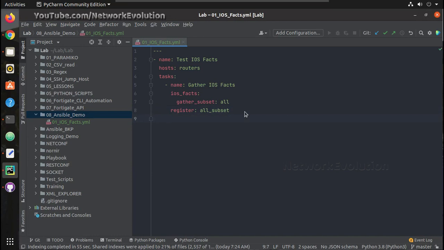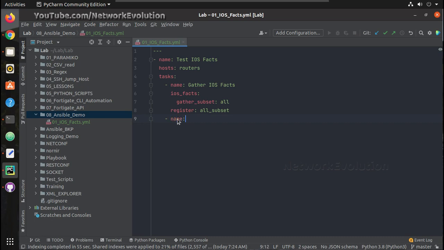Then if we want to print this, I'll create another task. So here it is like a list. So this is going to be the key, task is going to be the key, and these are going to be the values. So you can have multiple tasks within the one playbook. So I'm just creating another task.